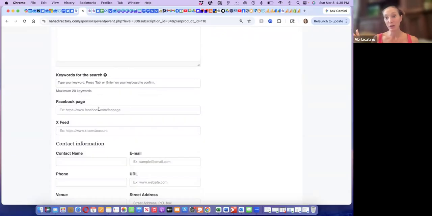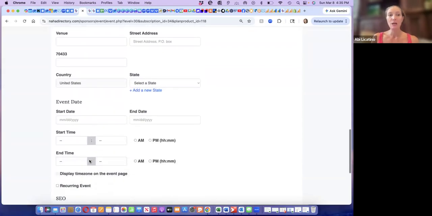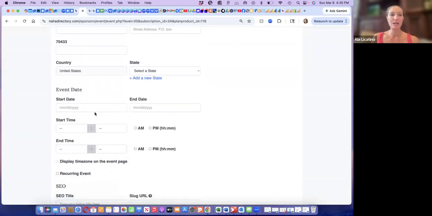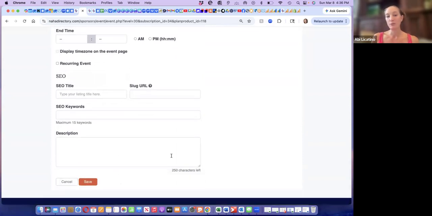If you have a Facebook page that you are doing an event page for, you can put that there, or for X. All of your information here is super important so that when people find this event on our main page, they know who to contact to get more information or to book it. Start date, stop date, times, and then all of this will populate from the top of the information you enter, and then you might be able to do additional 15 keywords here, and then this will be the brief description